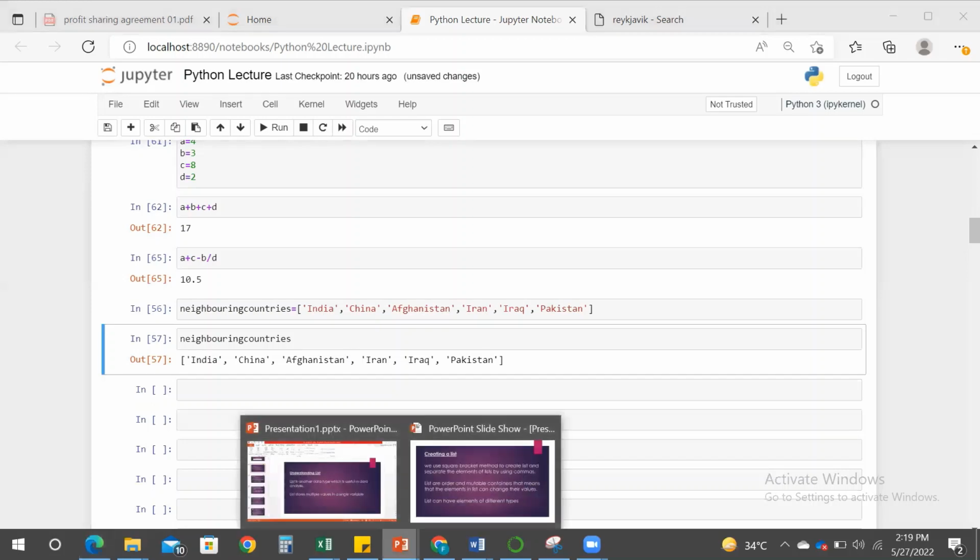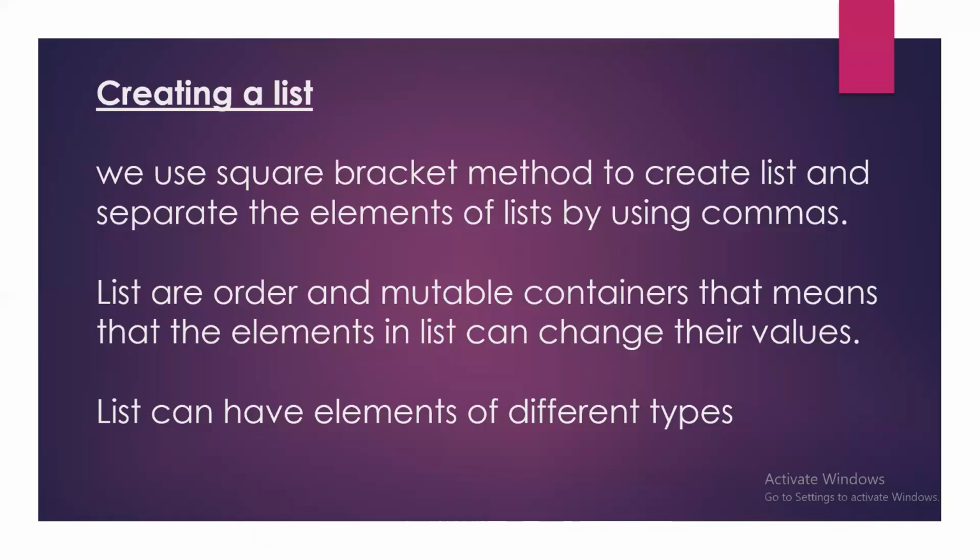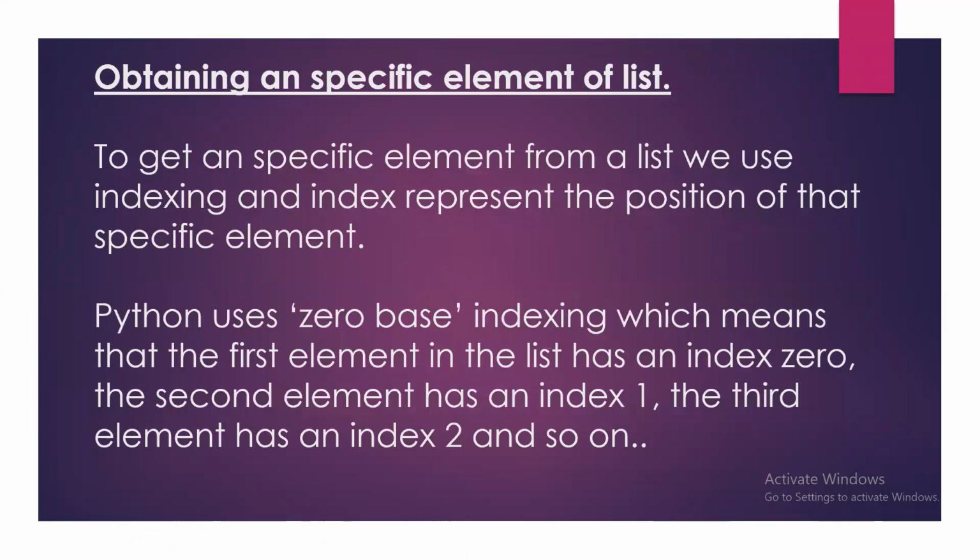So if I want to obtain a specific element from a list, I'll have to use indexing. And indexing represents the position of that specific element in the list. And if I use that specific index, I can get only that specific name from the list. One thing to be noted: Python uses zero-based indexing, which means that